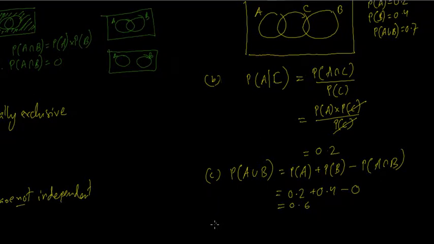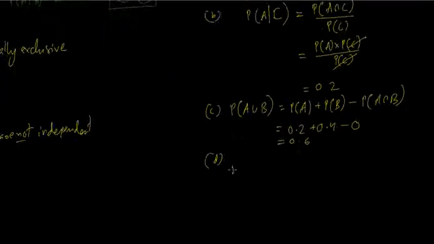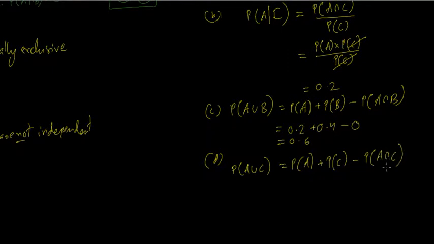So in question number D, I would prefer to use the formula for A union C. So A union C is equal to probability of A plus probability of C minus probability of A intersection C. So probability of A union C, we know